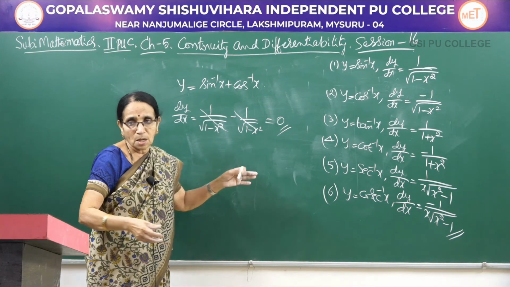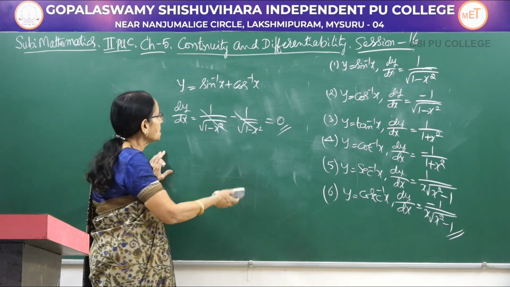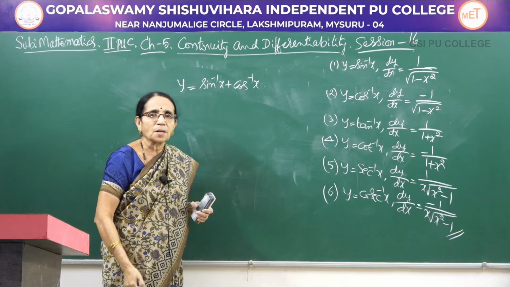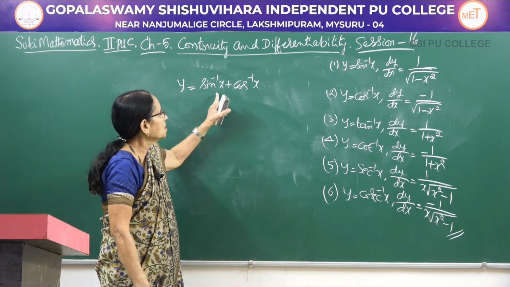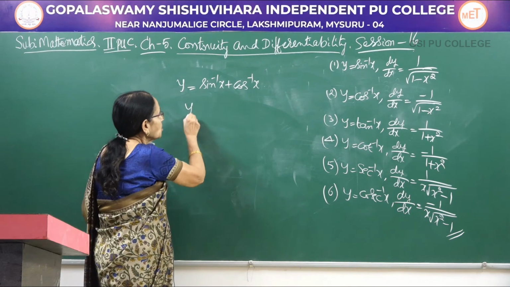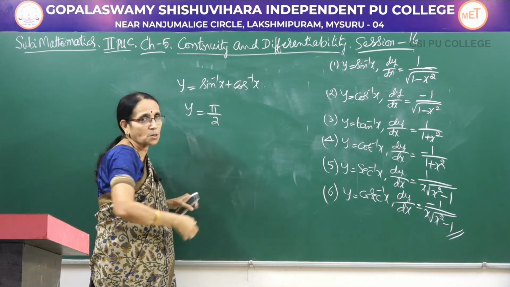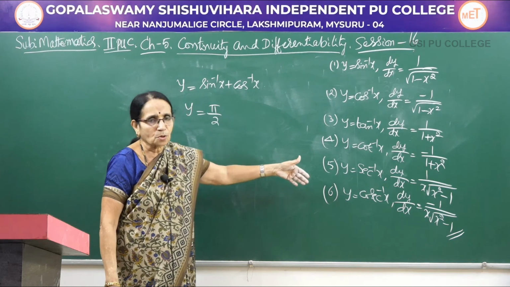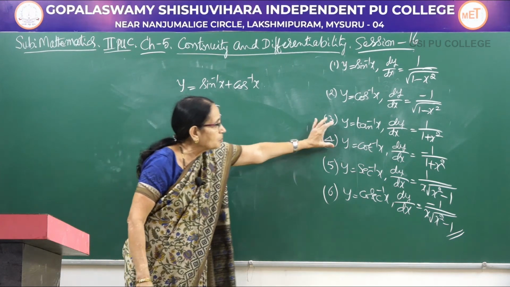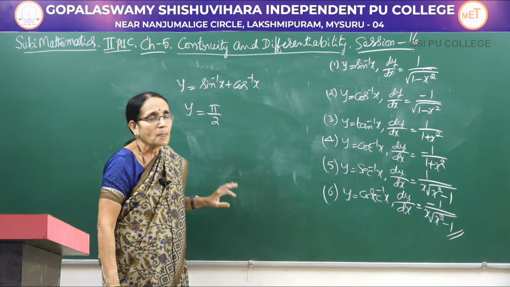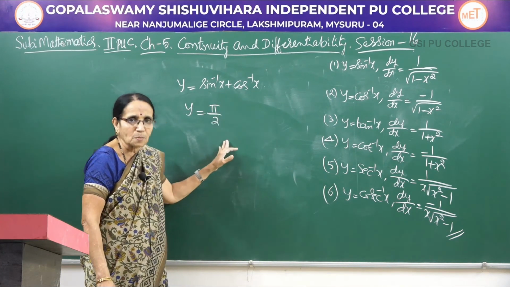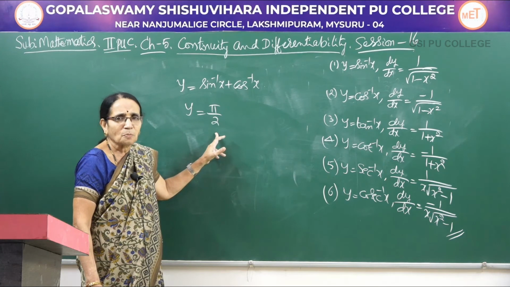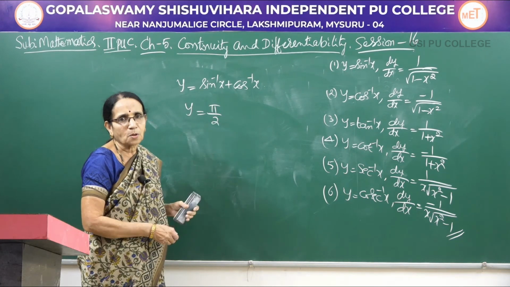Of course, if you do it like this also, you get the marks for that. Now look here. Suppose you remember a property which was studied under the inverse trigonometric function, sin inverse x plus cos inverse x. We have proved that that's equal to pi by 2. Similarly, tan inverse x and cot inverse x, secant inverse x plus cosecant inverse x, we have shown that the sum of each pair will be equal to pi by 2. Even if you don't remember, if you work out the problem directly, you get the marks, no doubt. But when you have a ready result, some property, it's better to use that one. Y would be equal to pi by 2.